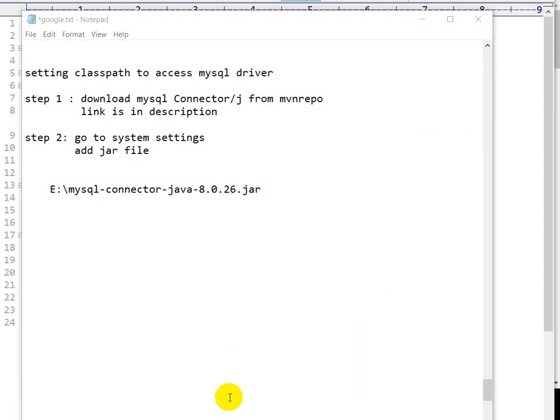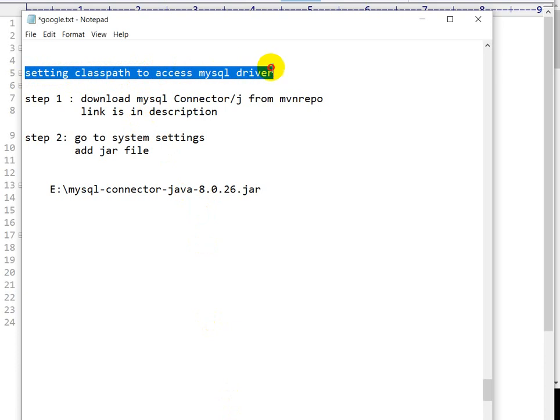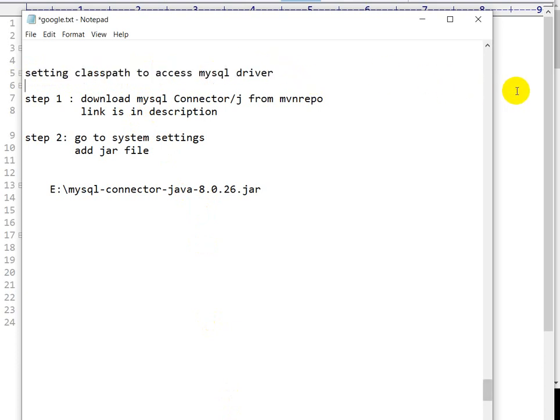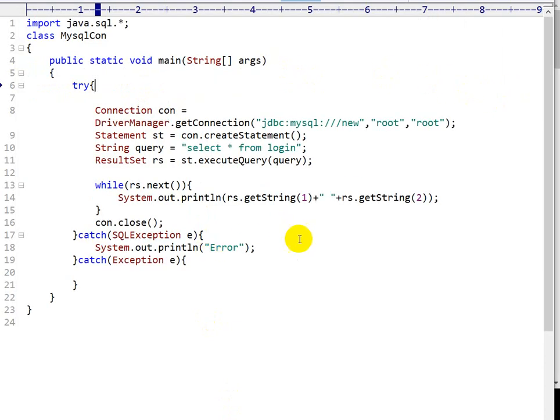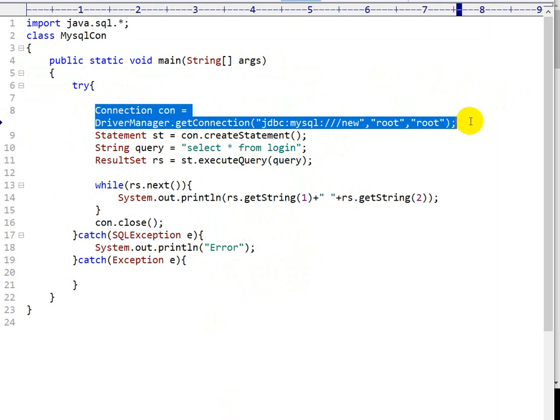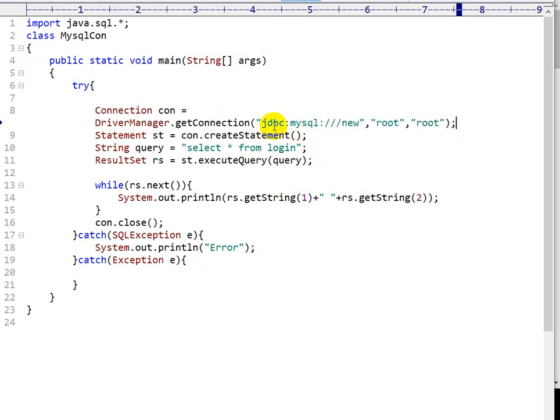To see that we have correctly set the class path for the MySQL driver, I will run this program. This is the JDBC program. In this JDBC program, the first step is I have created a connection object. Then this is the URL, this is the username of MySQL, this is the password, and this is jdbc:mysql.